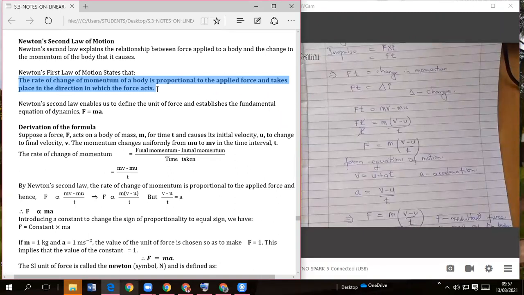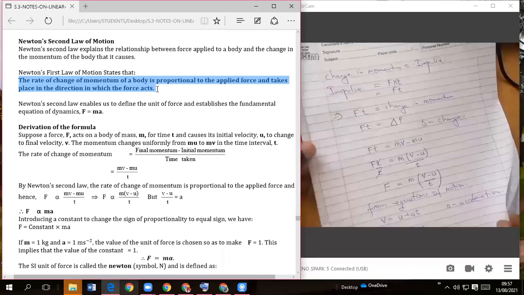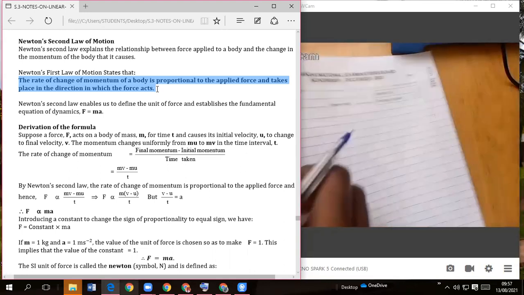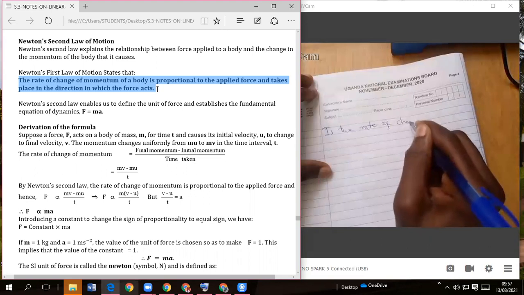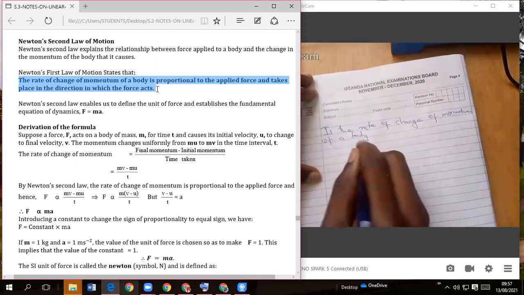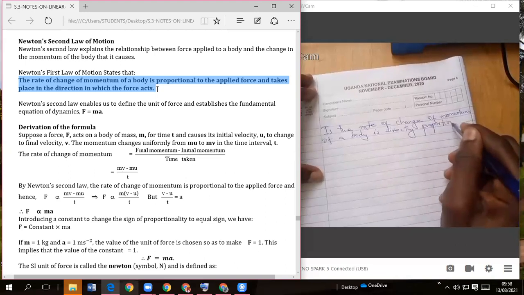Yes. So now Newton's second law of motion states that the rate of change of momentum of a body is directly proportional. Can you write it down? The rate of change of momentum of a body is directly proportional, the rate of change of momentum of a body is directly proportional